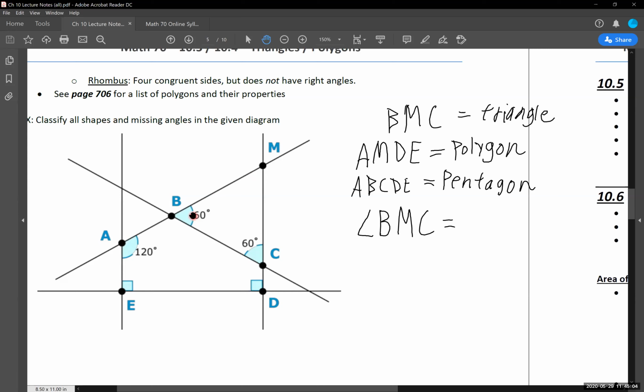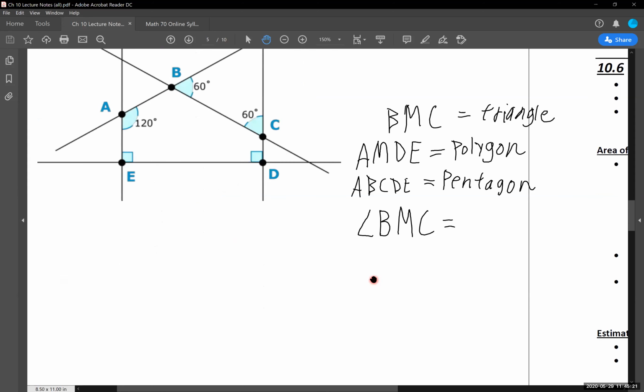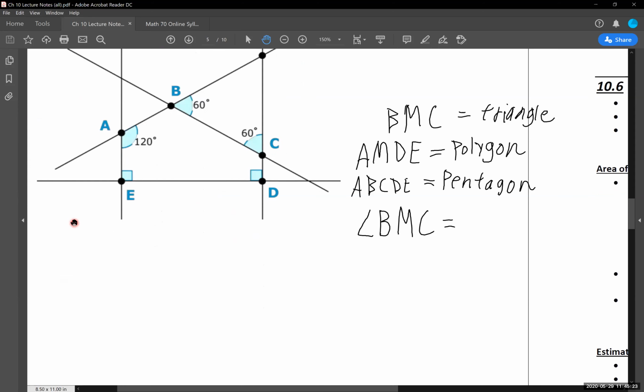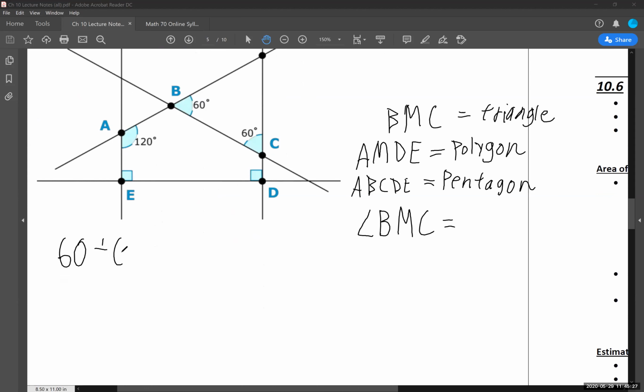So I know angle 60 plus angle 60 plus this remaining angle adds up to be 180 degrees. So you could write that out for yourself. We'll go right below here. Actually, I'll scroll us down here a little bit. I know that, oops, give me the draw. 60 plus 60 plus angle B